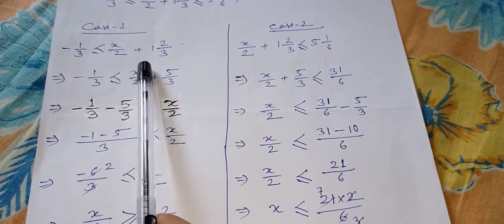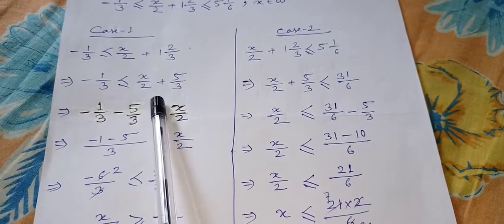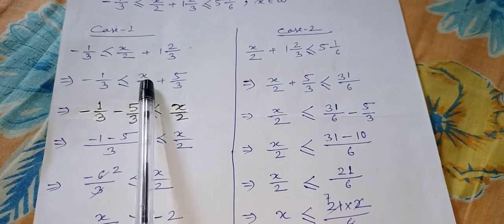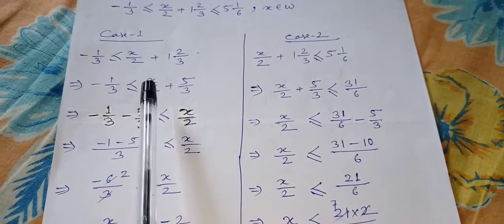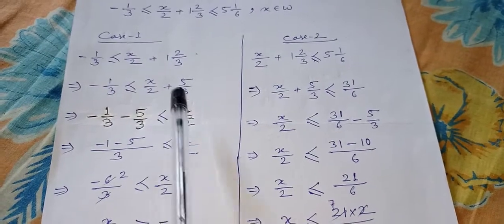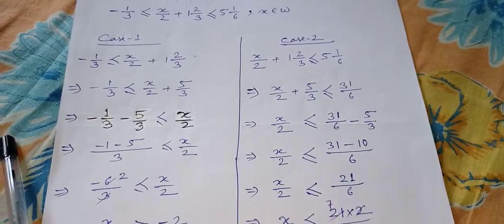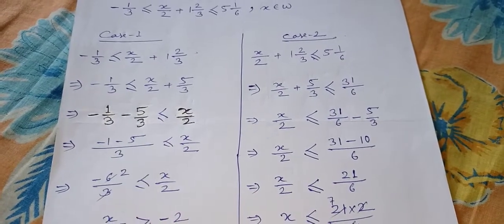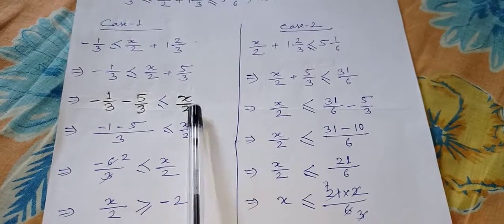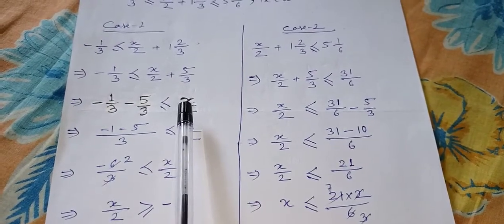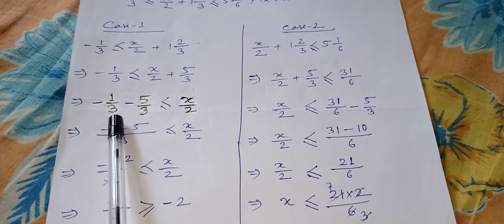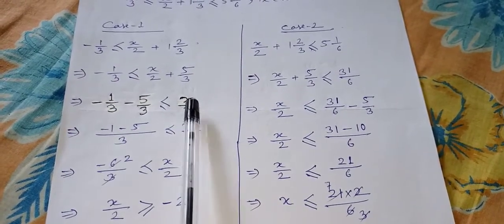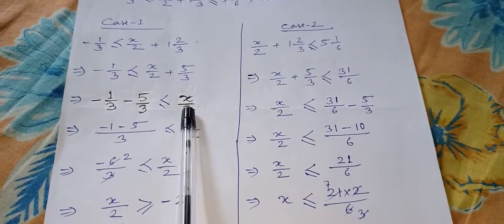Suppose I have to find the value of x. Solve means find the value of x. But if I take x by 2 to this side, it becomes negative. So to avoid a negative value, I am keeping x by 2 in the same place, but now I am taking the number to that side. So minus 1 by 3, and this came to this side and became minus 5 by 3. I did not take x by 2 to that side because it becomes a negative number, and I am going to avoid negative numbers. To maintain it as positive, I have kept x by 2 on the right hand side.